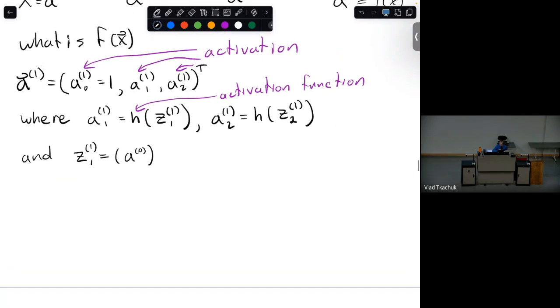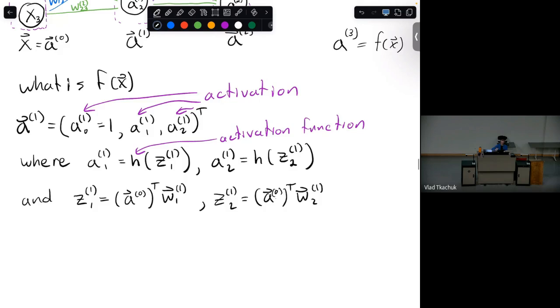So Z1 is going to be A0 transpose times, and this is the vector, times W1, 1. Okay? And then Z2, or Z1, 2, is equal to the same input transpose times W1, 2.